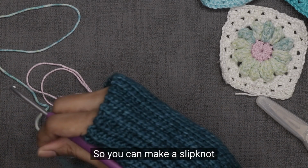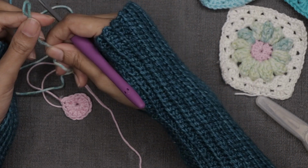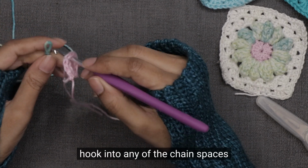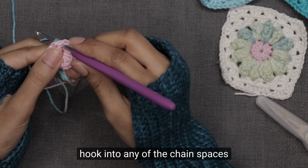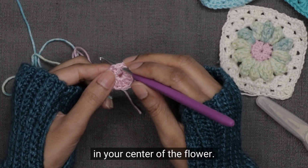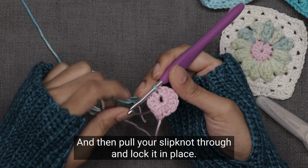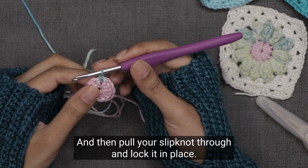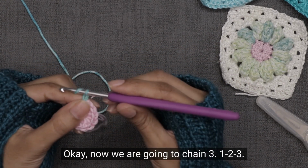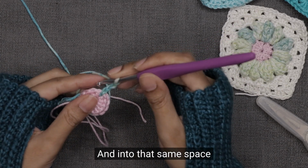So you can make a slip knot, and then stick your hook into any of the chain spaces in the center of the flower, and then pull your slip knot through and lock it in place. Okay, now we are going to chain 3, 1, 2, 3, and into that same space